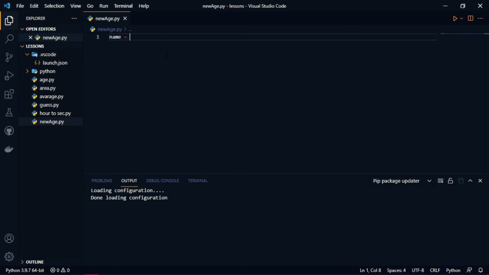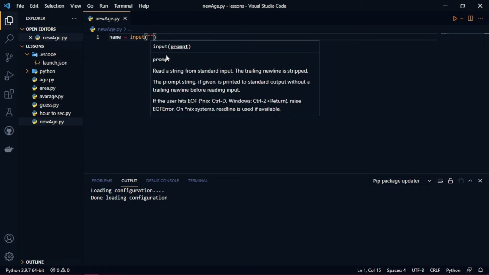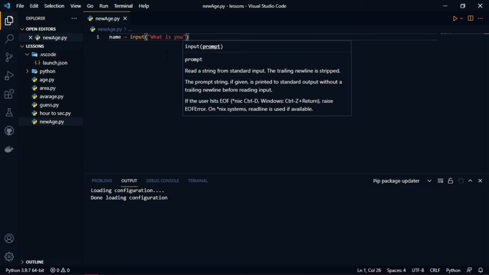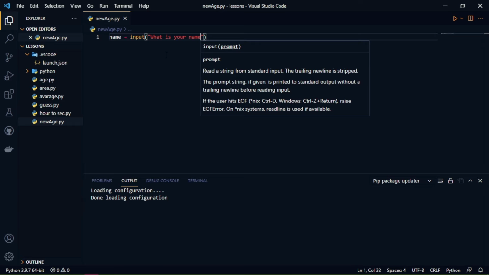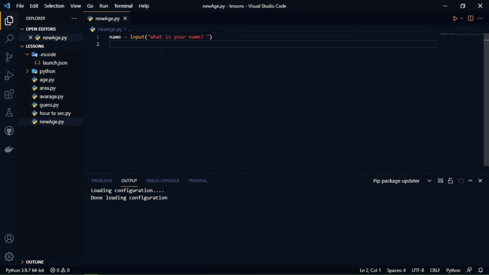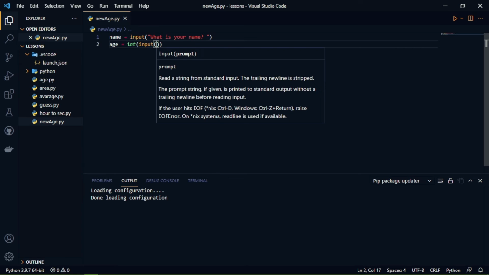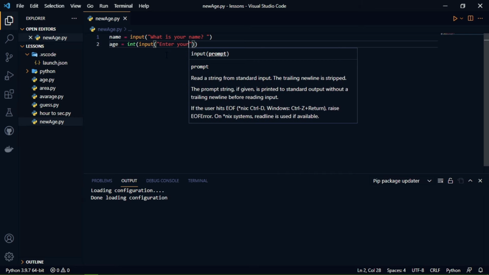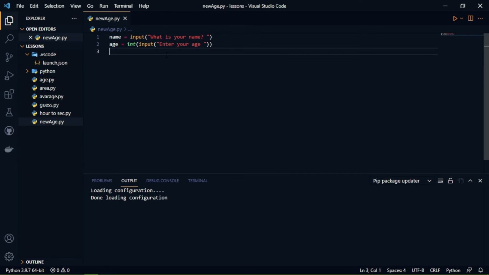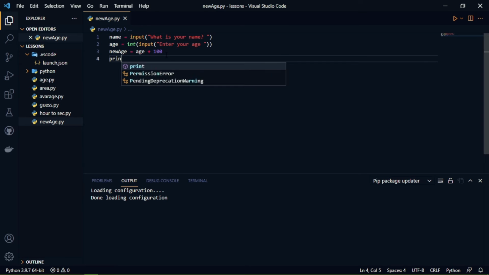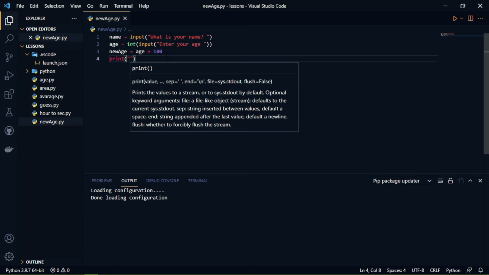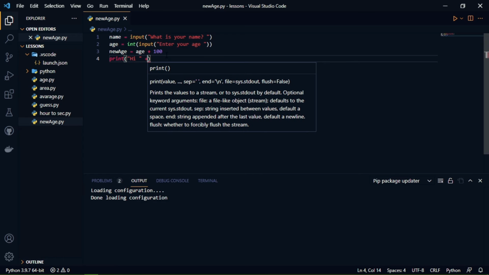It's going to be name equals input, double quotation mark, what is your name, and age equals integer, and inside the integer input, double quotation mark, enter your age, yeah, like that. And new age is going to be age plus 100, and the answer is going to be print, double brackets, double quotation mark,